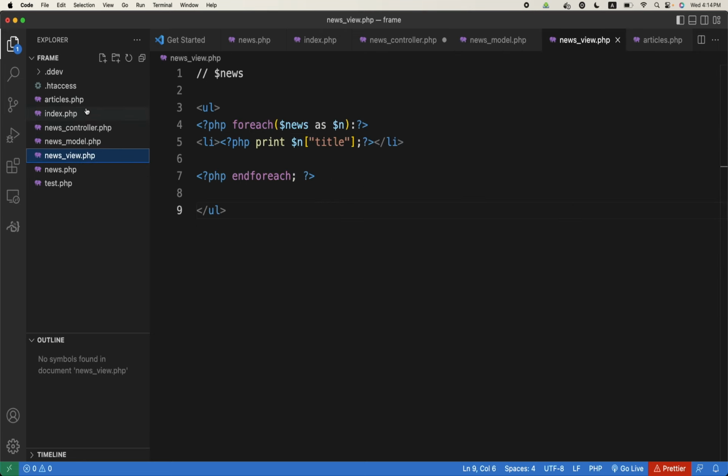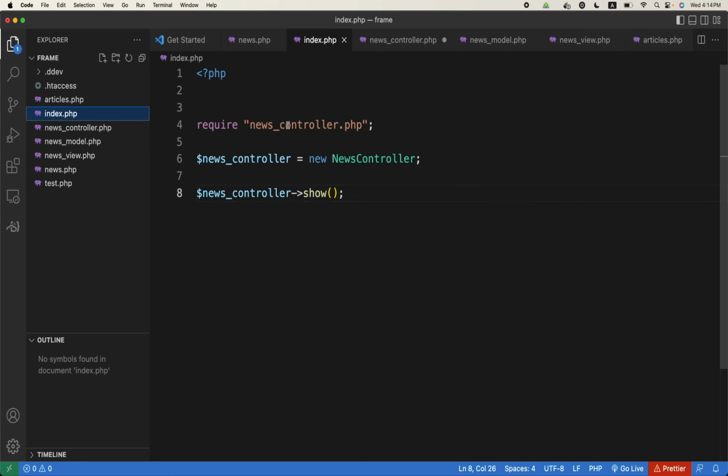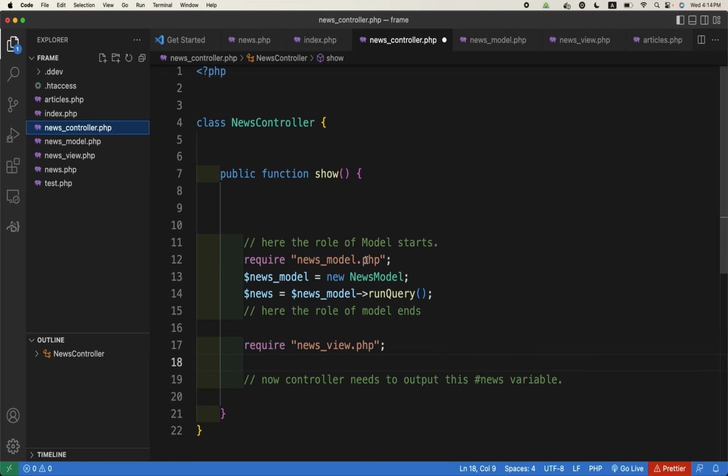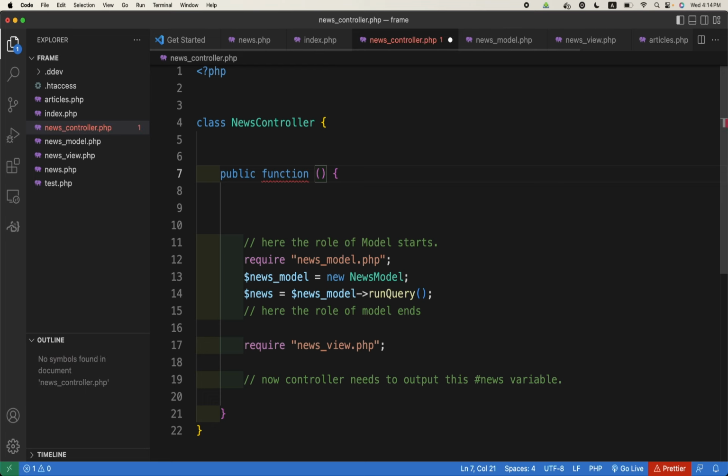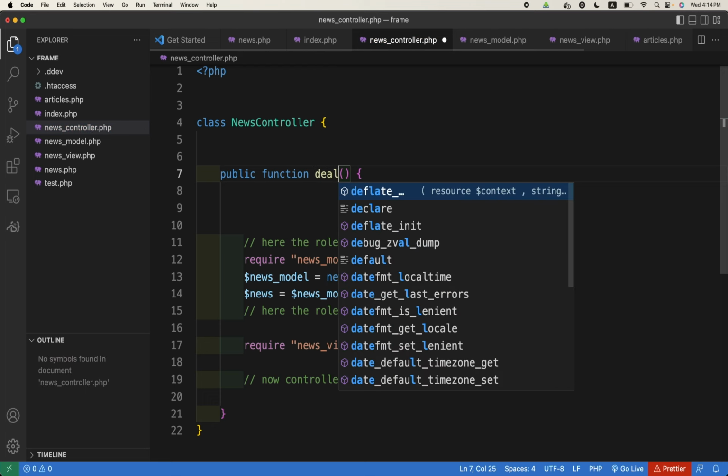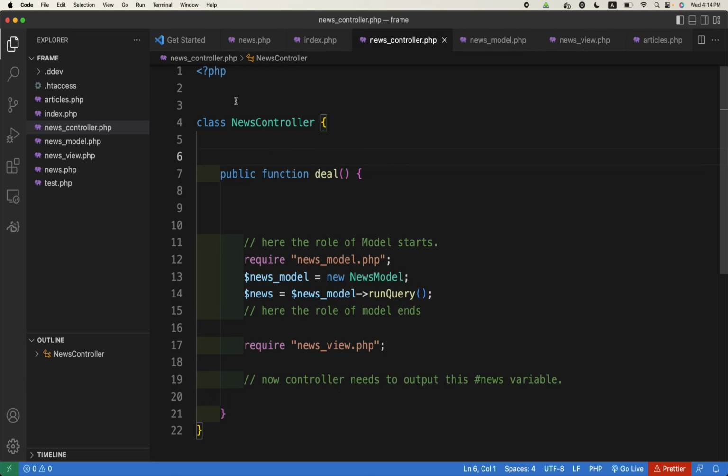So if I go to index page now, it requires the news controller, and news controller is initiated, and then news controller show, or we can even call it deal or whatever, to deal with the request. Okay, let us call it deal. So the controller will be doing all the dealing, whether to call the model or to require views. Okay, so now if I run index.php,